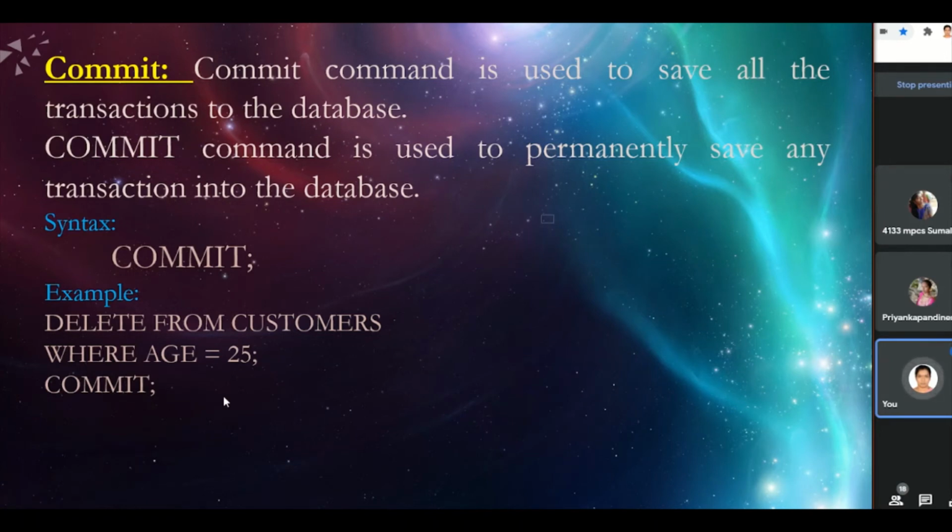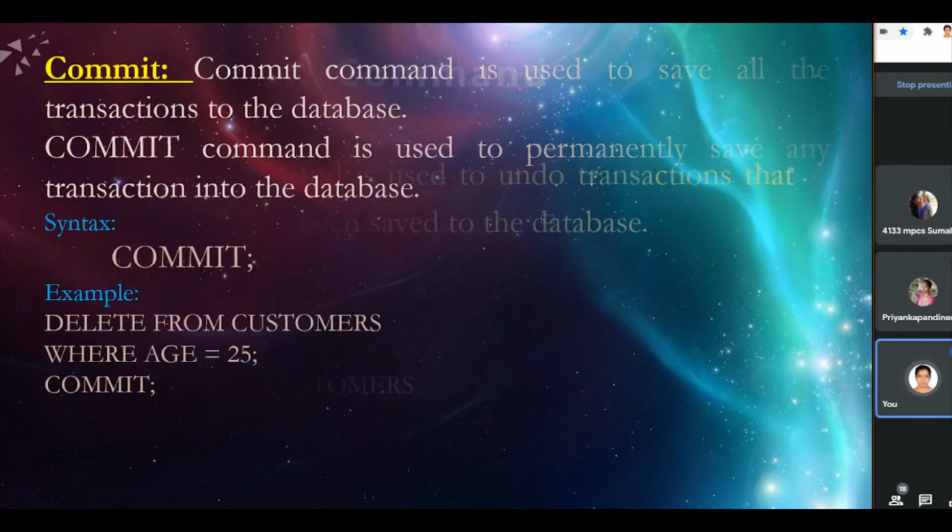What is the meaning of that? The customers whose age is 25 are permanently deleted from the customers table. To make the transactions permanent, we use commit, directly and immediately after the DML command.